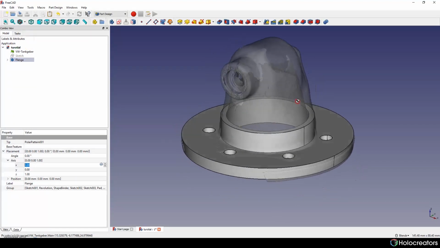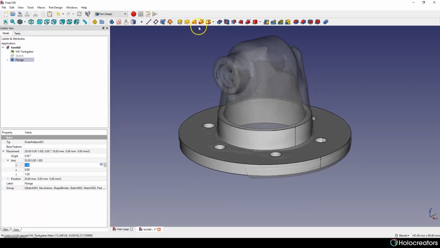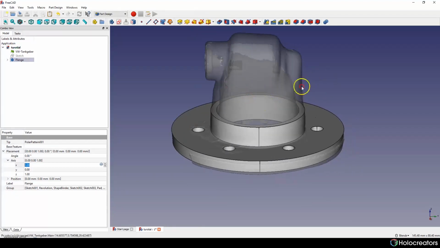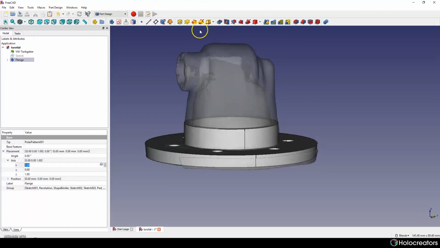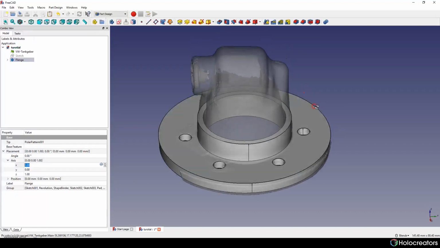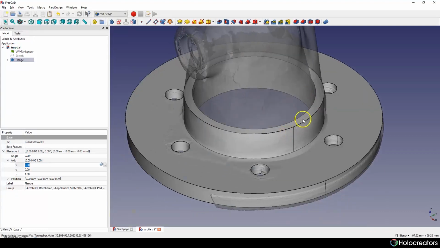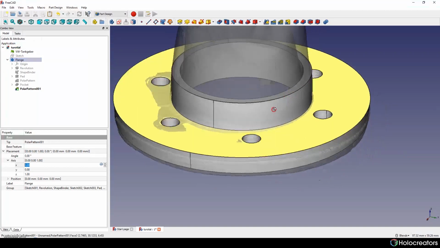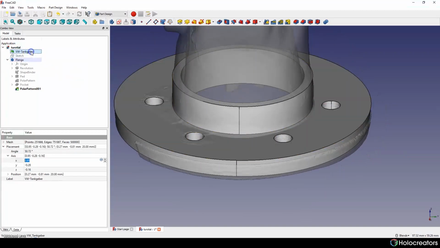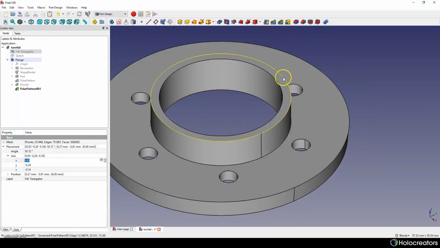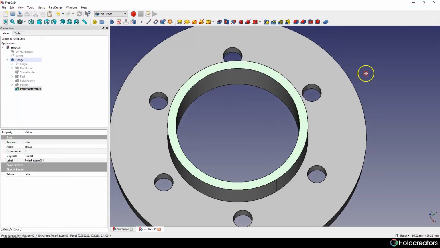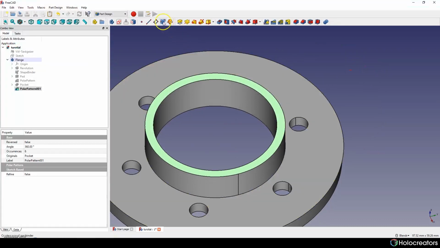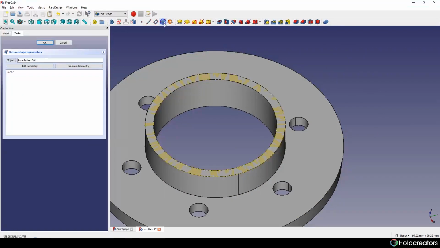To create our body, I'm gonna use 2 sketches, and we're gonna use this tool, Loft tool. First, we will need our sketch of the top part of our flange. The best way to do this, I found, is to simply pick this face and create a shape binder.